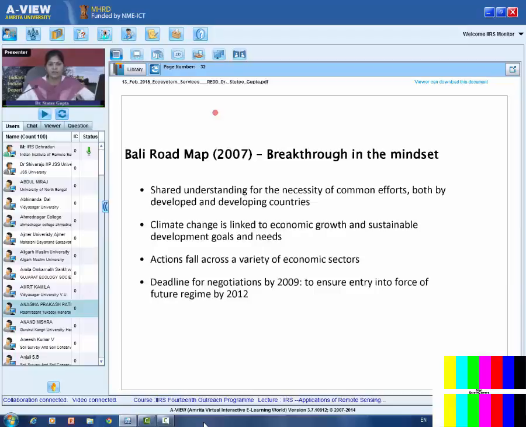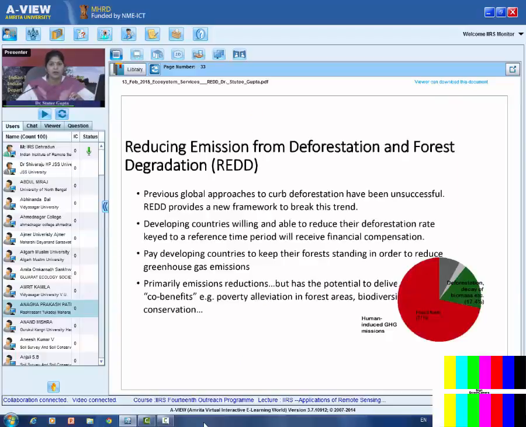And most important is that action falls across a variety of economic sectors. And then again a deadline was put, because unless you put a deadline to anything, hardly anything is achieved. So there was a deadline put to it for 2012. Now coming to